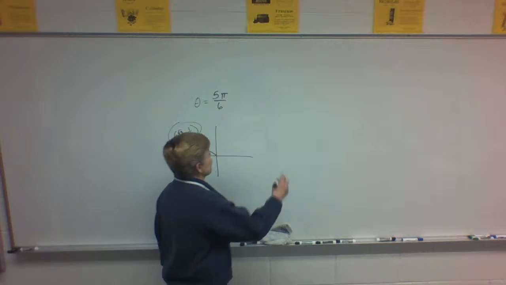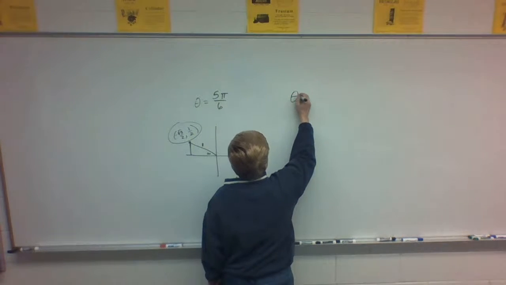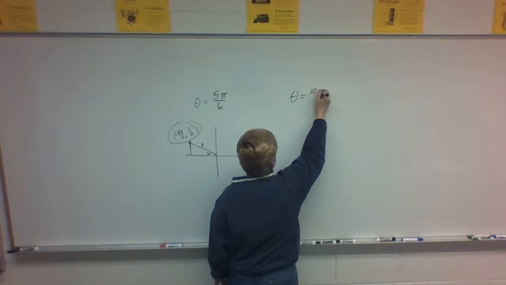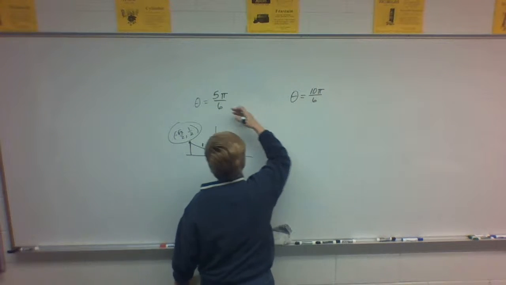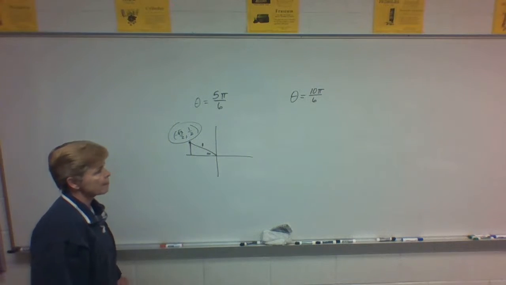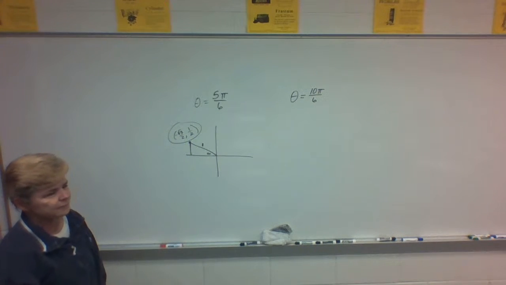Now, what would you write if they had given you this theta? If they said theta is equal to 10 pi sixths. And that's not going to be pi sixths, I just happen to be hung up on pi sixths right now. Could be pi thirds, could be pi fourths. But if it were 10 pi sixths,